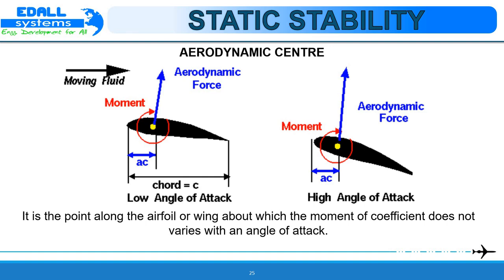If we consider an airfoil at an angle of attack, we can determine the pressure variation around the airfoil and calculate the aerodynamic force and the center of pressure. But if we change the angle of attack, the pressure distribution changes, and therefore the aerodynamic force, the location of the center of pressure and the moment all change. So determining the aerodynamic behavior of an airfoil is very complicated if we use the center of pressure to analyze the forces. We can compute the moment about any point on the airfoil if we know the pressure distribution. The aerodynamic force will be the same, but the value of the moment depends on the point where the force